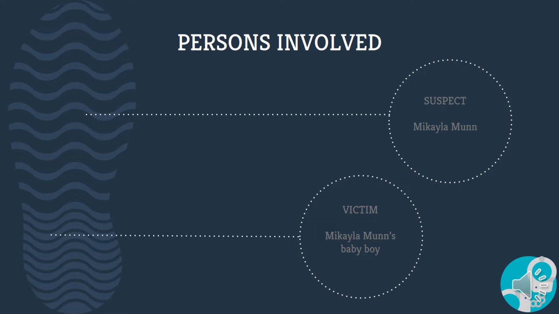To talk about the persons involved: due to the inconsistency of the story, the police had doubt about Moon, and it is hard to believe her negligence statement of not knowing her delivery date and pain. So she is the prime suspect. In the case, the victim is a newly born baby who had just arrived in the world and doesn't have any defensive measure to protect himself.